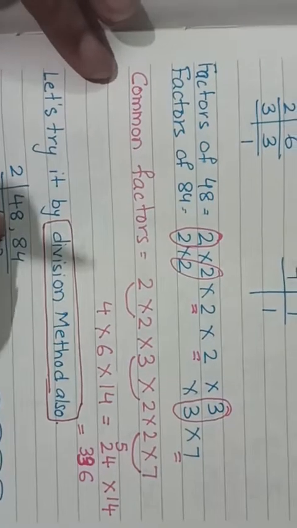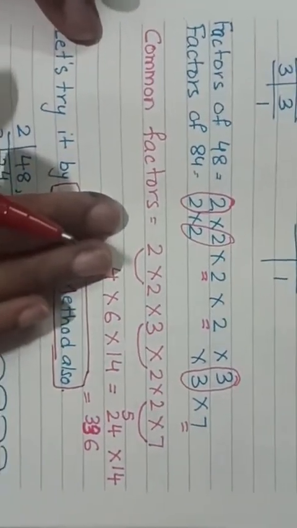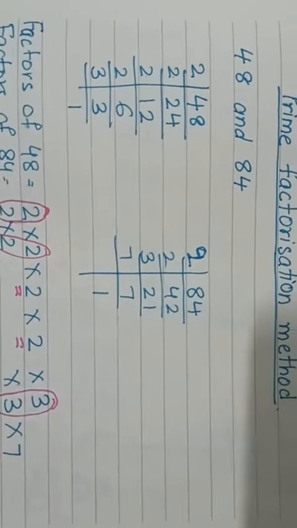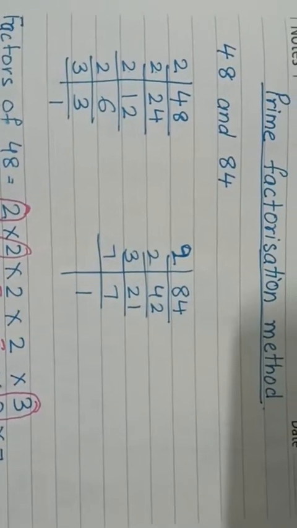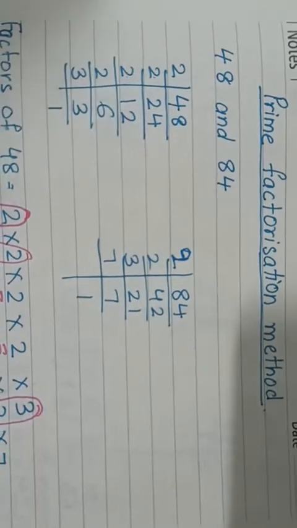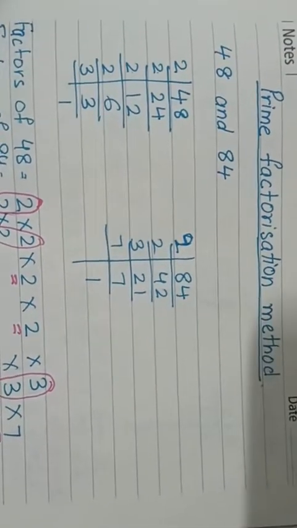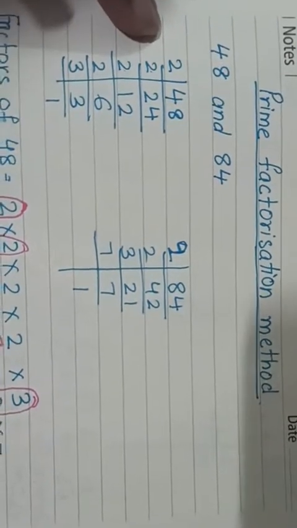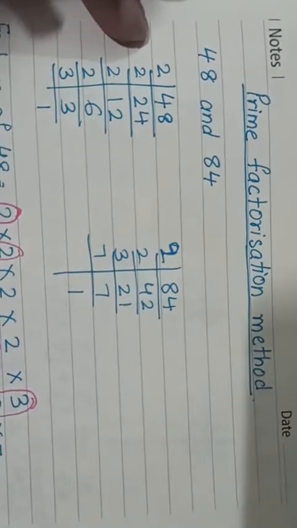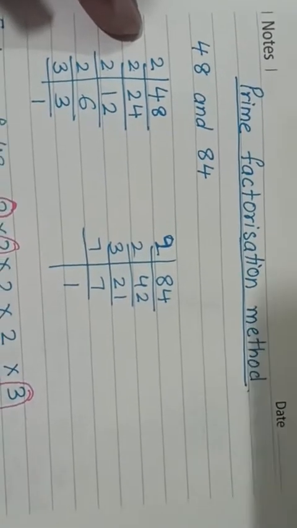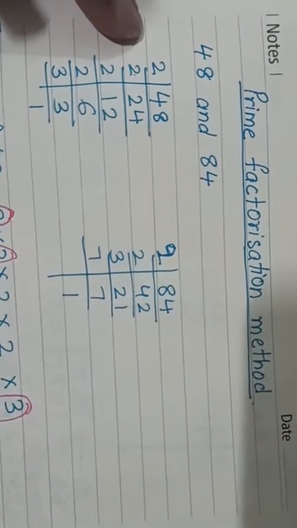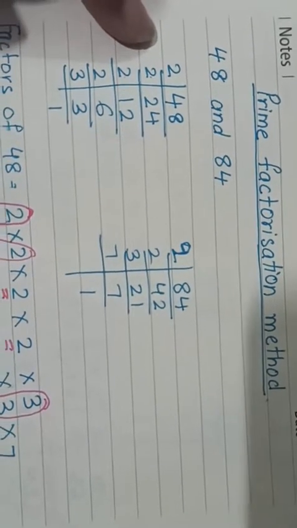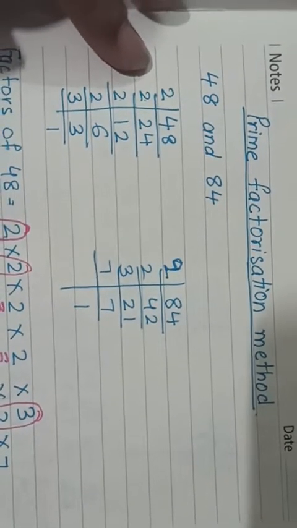learn both of these, see which one you feel the easiest. That method can be adopted by you for finding the LCM. Children, I am very clearly telling you that first you should go through both the methods. Whatever method you find easy for you, which one you feel comfortable, that method should be adopted by you for doing the questions. Now let's see the prime factorization method.